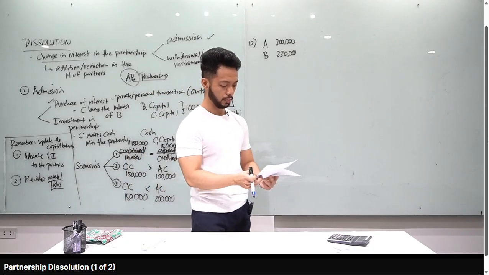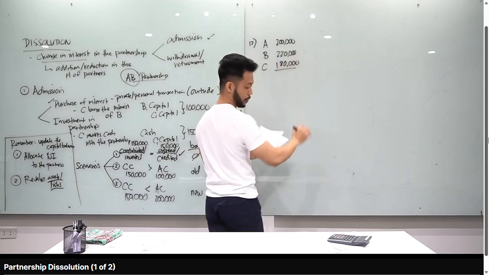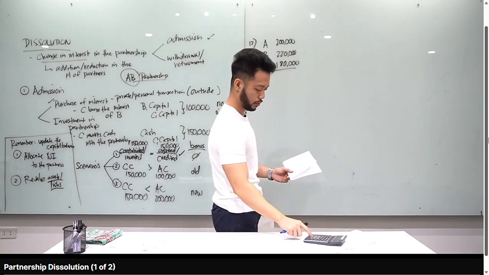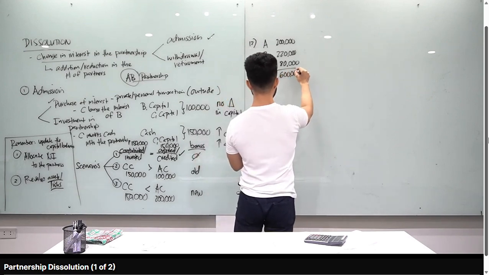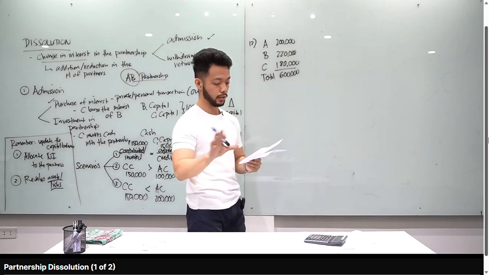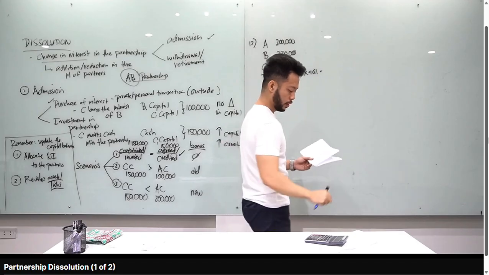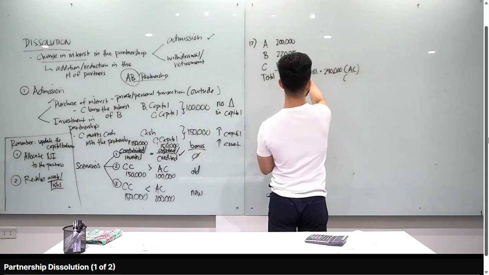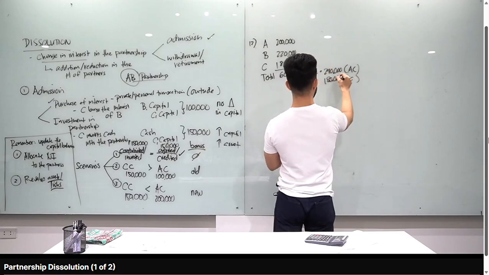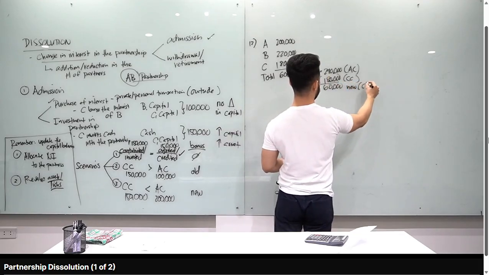Right? Now, pumasok si C. Ang in-invest niya, 180,000. Right? So, tingnan natin. 200,000 plus 220 plus 180, 600,000 in total. Right? 600,000. Now, ang gusto ni C is 40%. Again, hindi 20% ha? 40%. Times 0.4, 240,000. 240,000, ito yung agreed capital. Yung contributed capital is 180,000. Tama? So, difference of 60, bonus to C kasi kinontribute lang niya 180, binigay sa kanya 240.